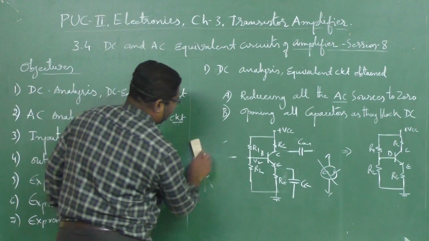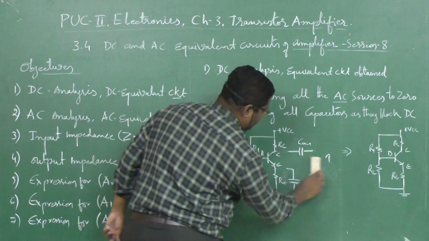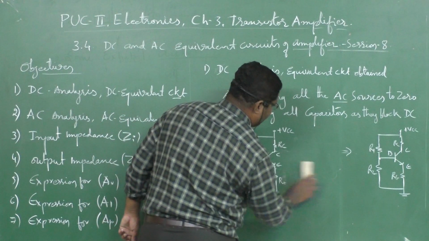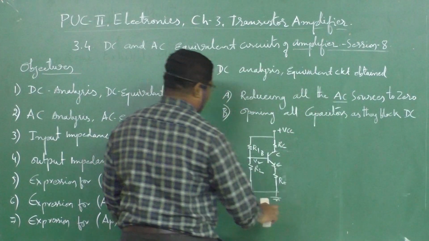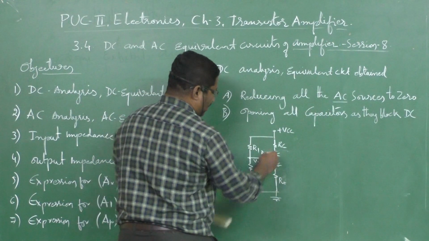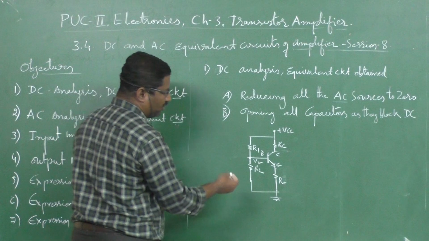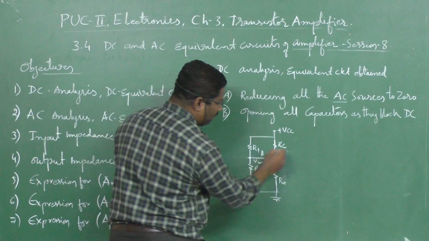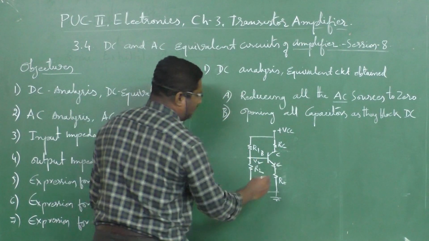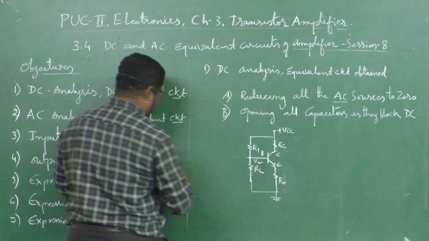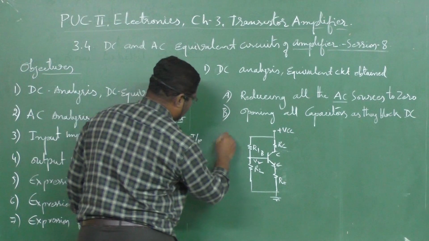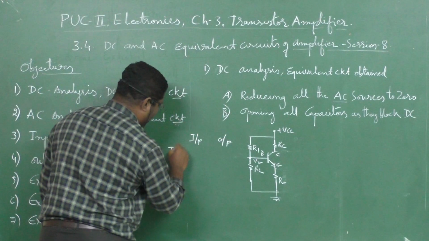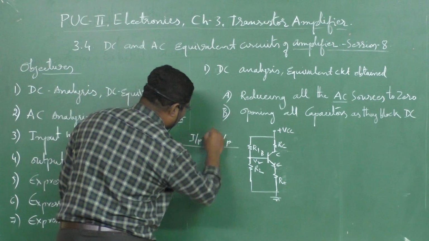Okay. And then from the same circuit diagram, this is the CE amplifier, as I told you. So what are the input and the output? Here we have input and output. I would like to write here input and output, current and voltage. I would like to make a table here.